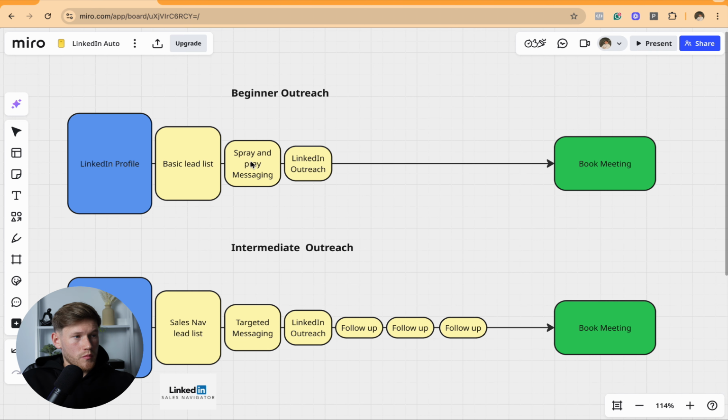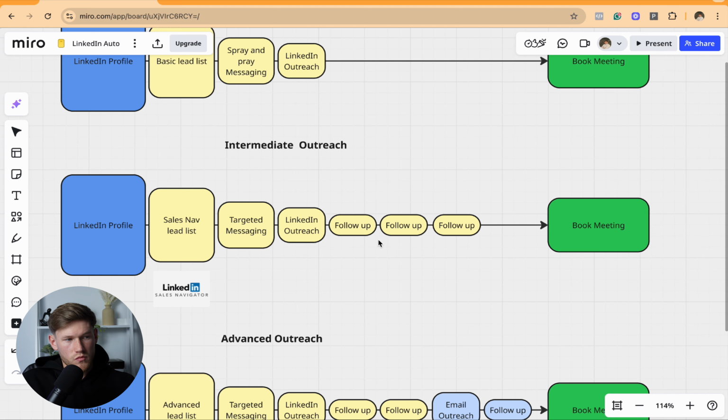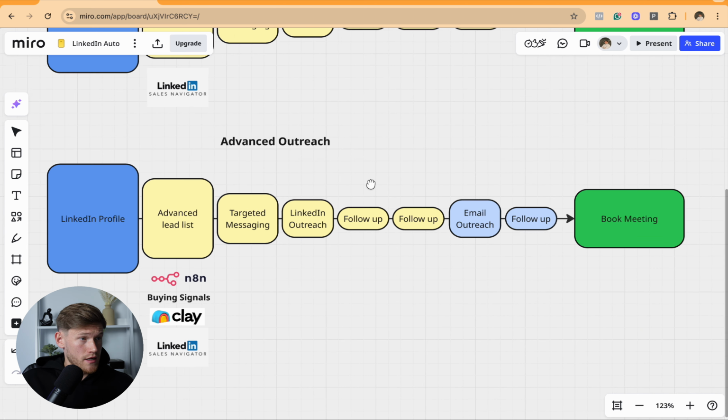A lot of people, when they do beginner outreach, might send one message and then never follow up with them. But in most cases, in my experience, you need at least 1 or 2 follow-ups to get that meeting booked in. And then the advanced outreach, which is what I do for my clients, is essentially we use the LinkedIn profile,